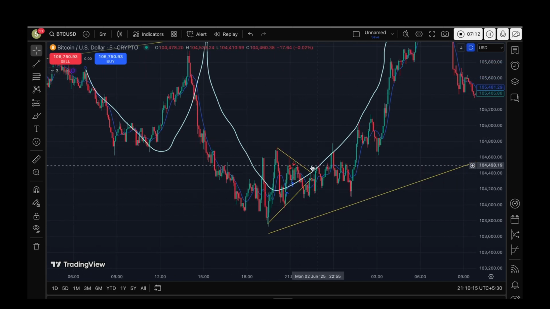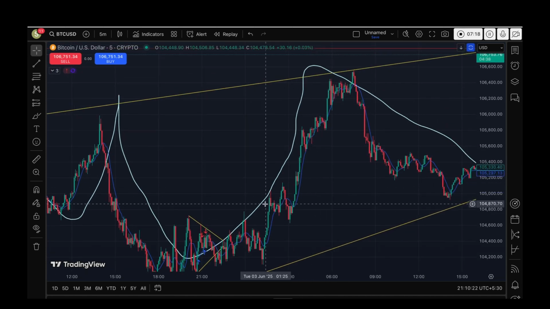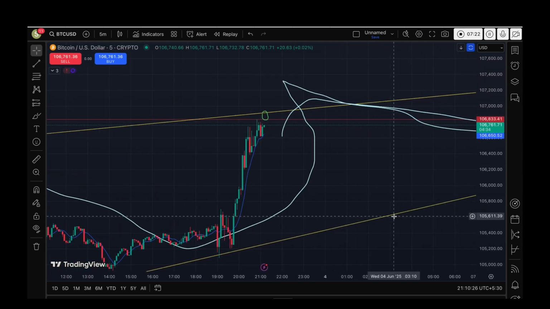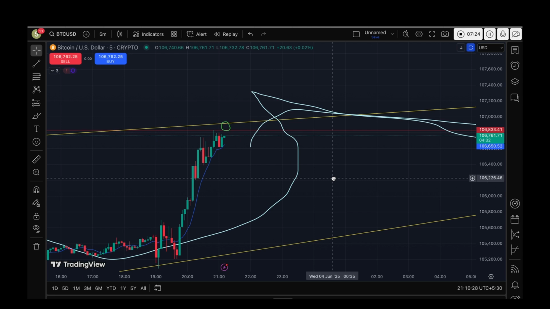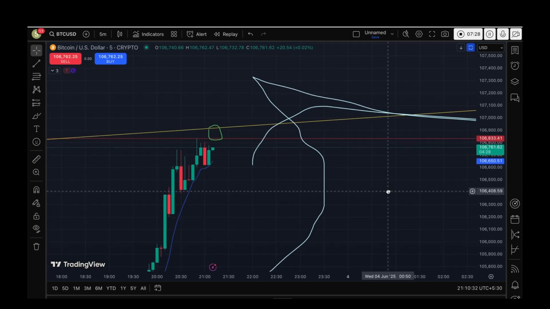Also, we see the market held this area, but after that it went to the upside. So you can consider the market is in the upside, but we should wait for that. We need to hold the trade a little more, at least for two hours, so we can get more profit and a good amount of profit we can